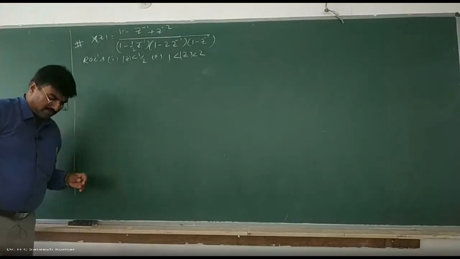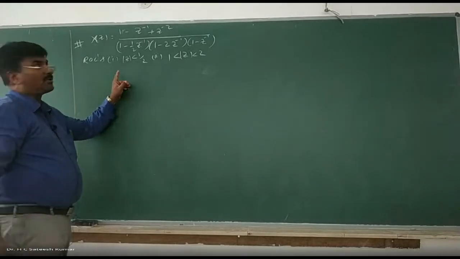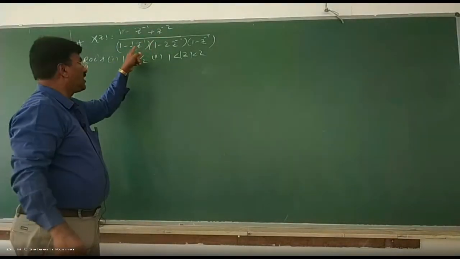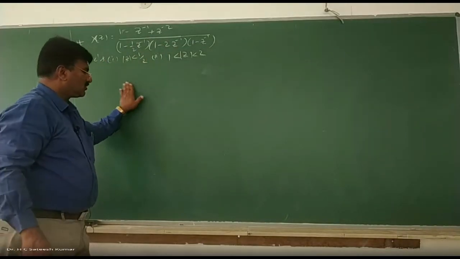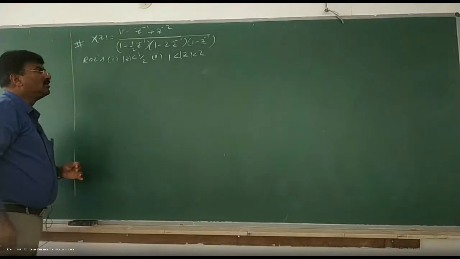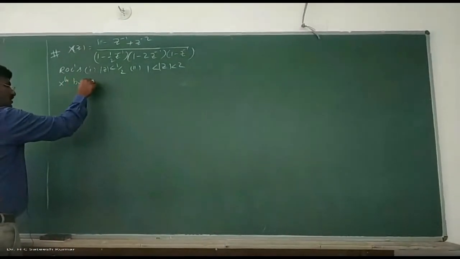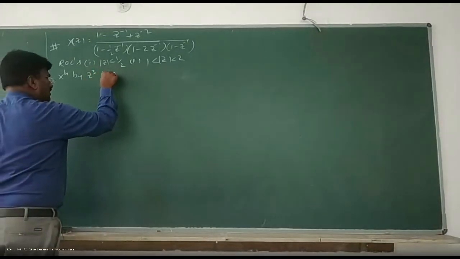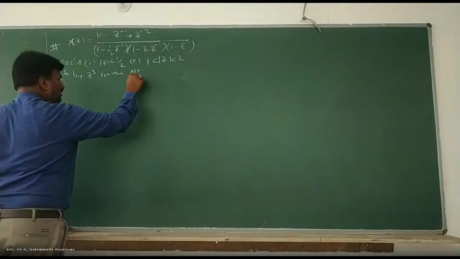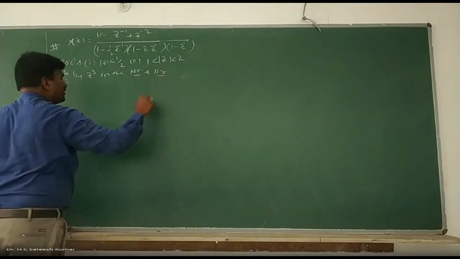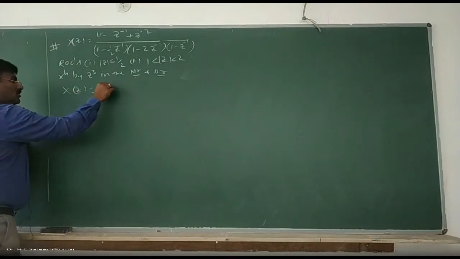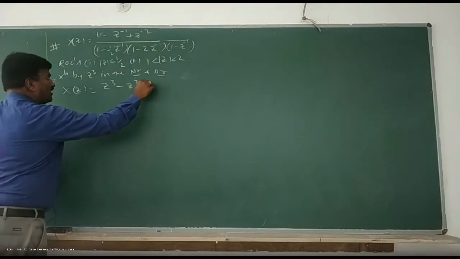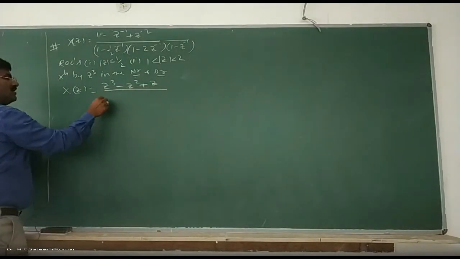So how to do that? Okay, what is the highest negative power here? In the numerator it is minus 2, in the denominator it is minus 1 each, so minus 3 is there. To eliminate that negative power, multiply by what? Z cube. So multiply by z cube in the numerator and denominator. Therefore, X of z is equal to z cube minus z square plus z divided by z.